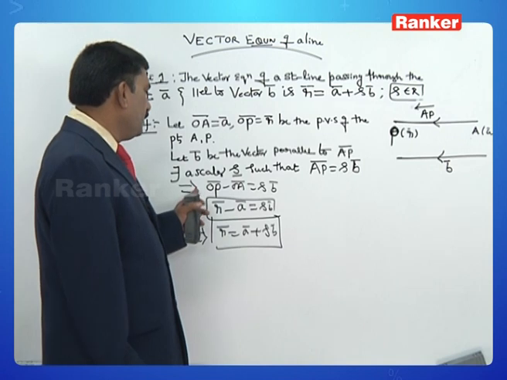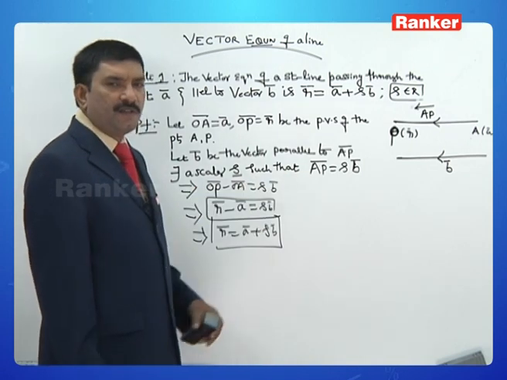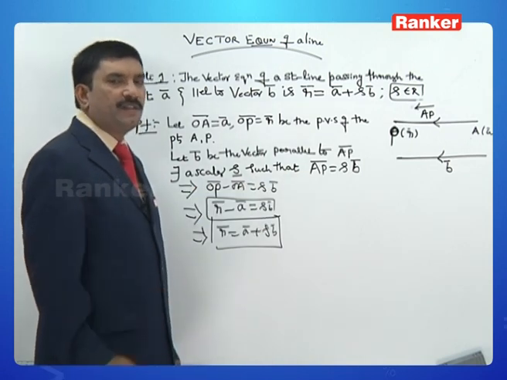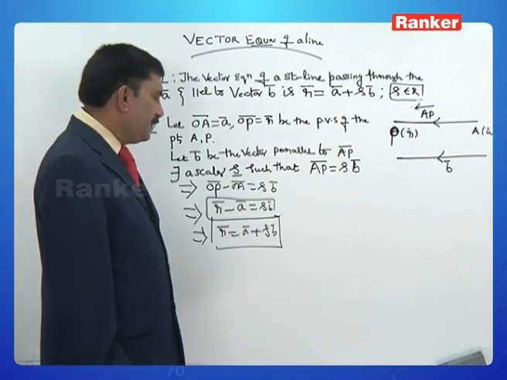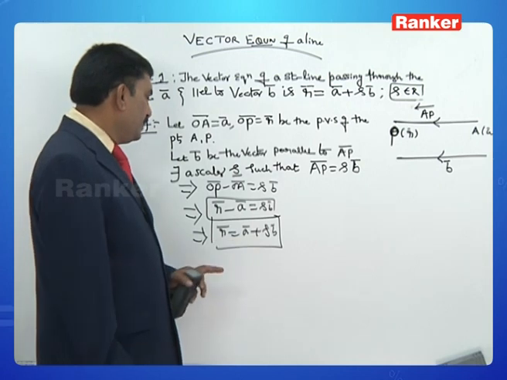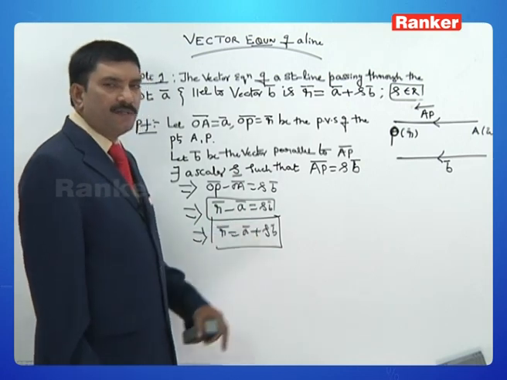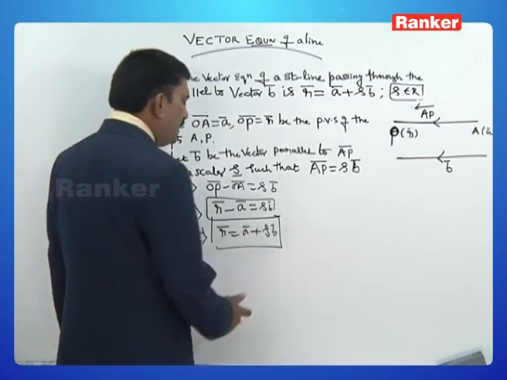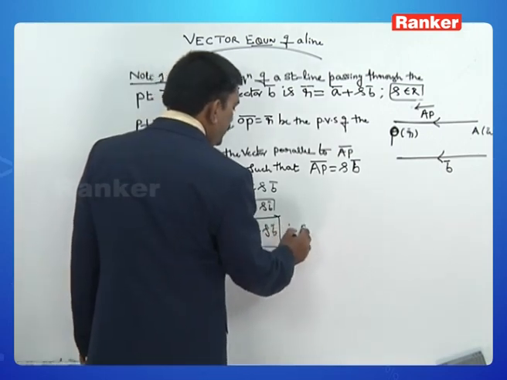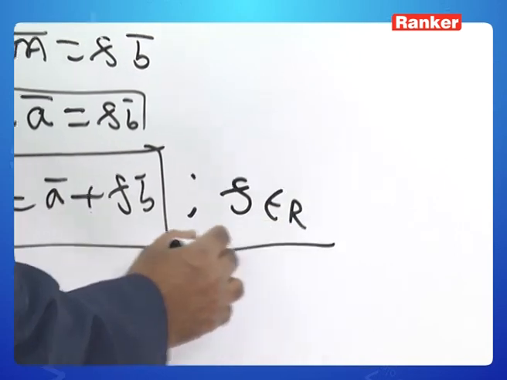AP bar is not given, its position vectors are given. Therefore, OP minus OA is equal to S into B bar. Now this is R bar minus A bar is equal to SB bar. So therefore, R bar is equal to A bar plus SB bar, where S is a scalar,